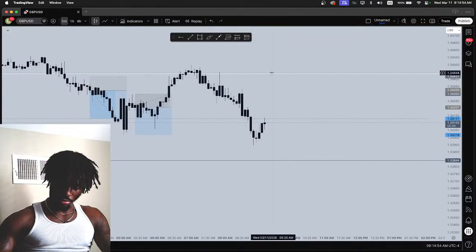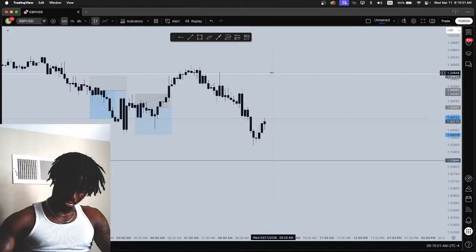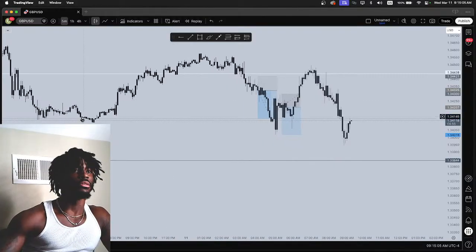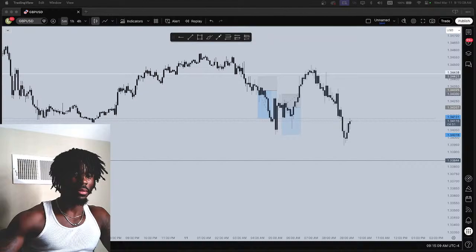and let me see, stop loss would be above resistance. So I'll monitor this and see if the market does